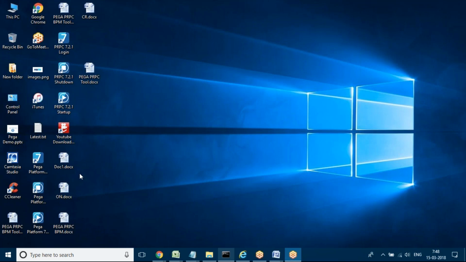Okay, it means your system you have to restart once and try again. Click on the startup icon and once again manually start the server. The server will start up automatically only at the time of installation. If you restart the system again, you need to manually start the server. If you want to start the server, the process is to click on the startup icon. That will take around 1 to 2 minutes depending upon the speed and everything.